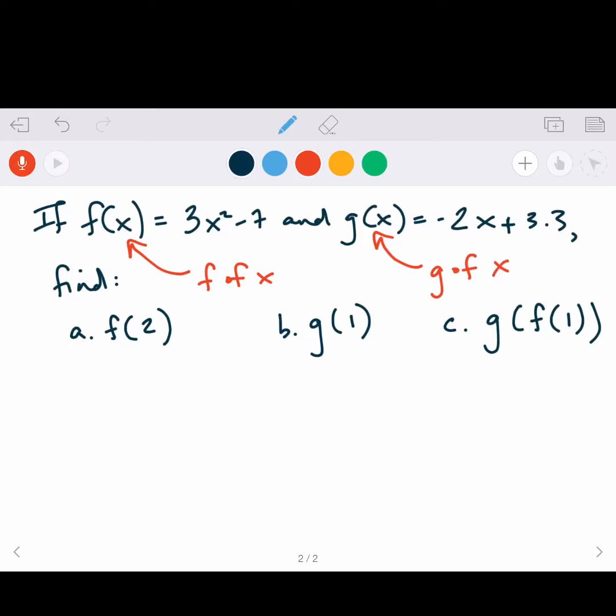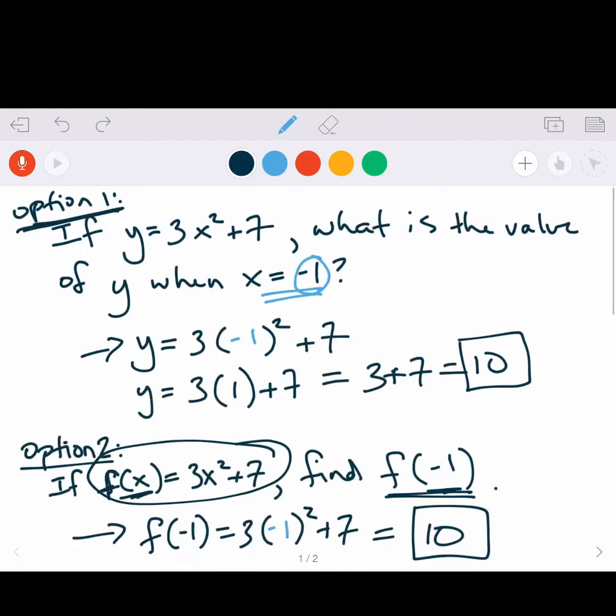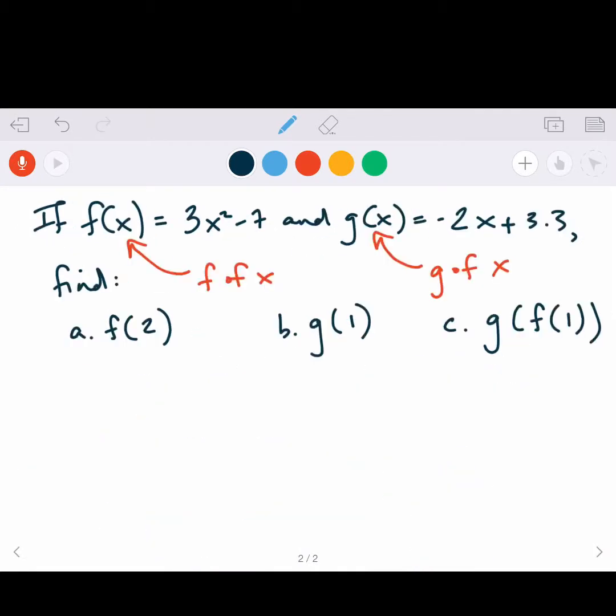If f of x equals 3x squared minus 7, and g of x equals -2x plus 3.3, find, and I gave you 3 things I want you to find, okay? So let's start. I want you to find A on your own and submit that answer. Okay, starting this first problem,